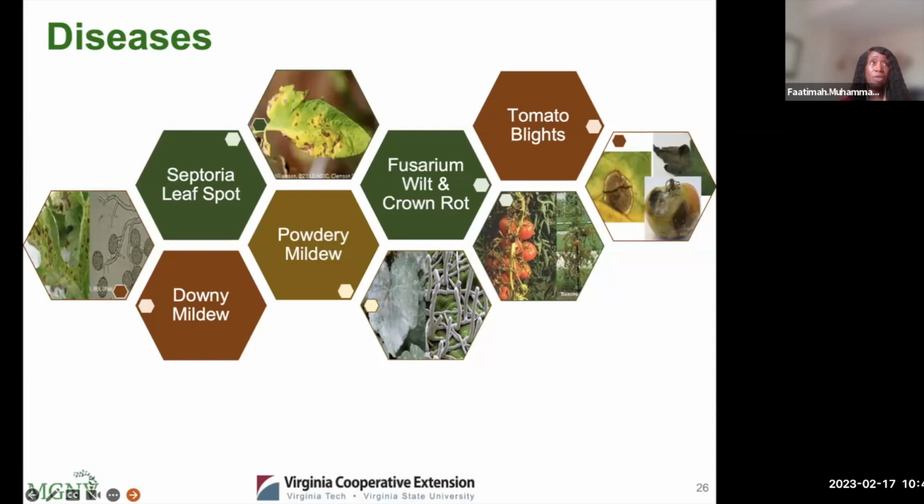Tomatoes, because I would think probably almost everyone on this call plants some species or variety of tomatoes in their garden. And not just tomatoes get these diseases, but tomatoes tend to be the ones sometimes that can be heavily impacted. So the septoria leaf spot, initial symptoms are the yellowing of the older leaves. And I want to say this before I forget. If you want us to help with identification, if you live in other areas, please check out your local extension offices, because I'm sure they do exactly the same type of work serving the